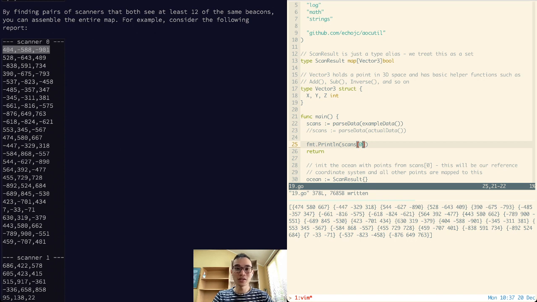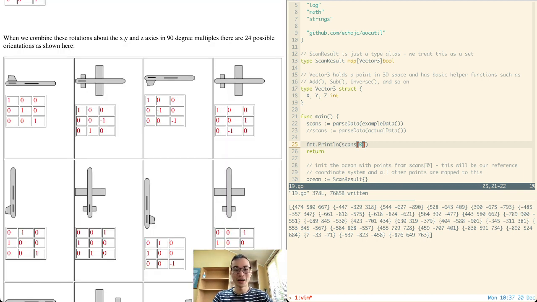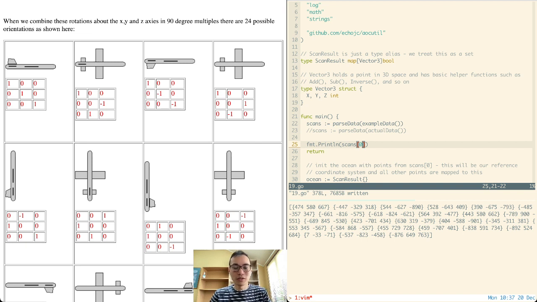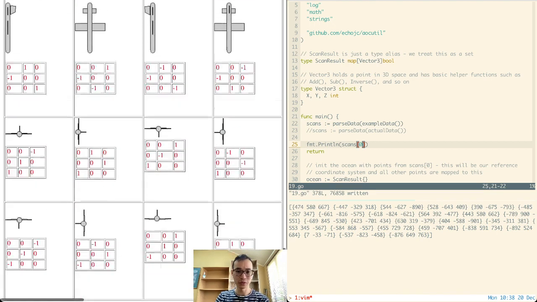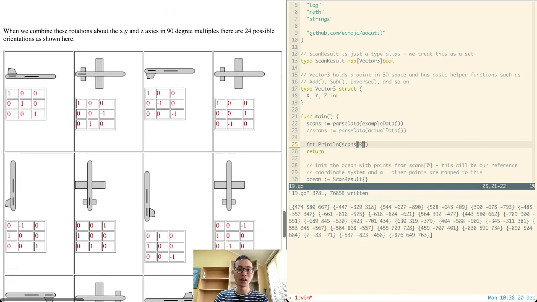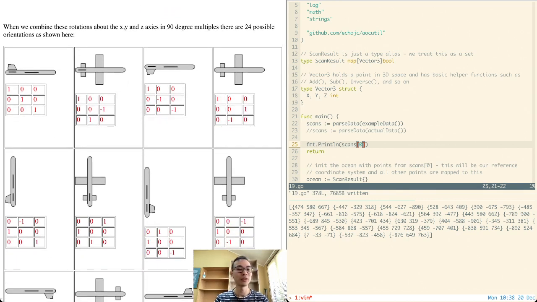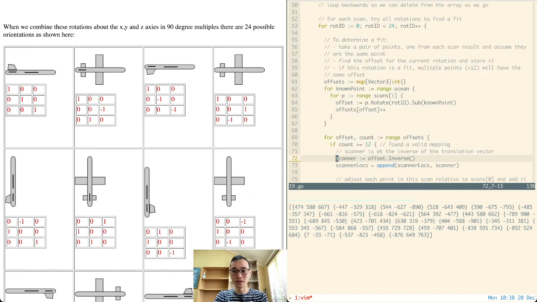And so for rotations, I just went straight to my 3D graphics coursework material. I just Googled for translation matrices, rotation matrices. I found this website. It's the top Google result or something like that. And the problem description does mention that there are 24 possible orientations, and they are all listed here, all 24 of them. And if you don't know how to read matrices, I think this isn't really the place to explain it. But what you can do is translate these matrices into